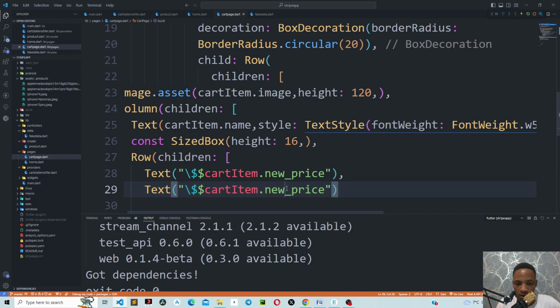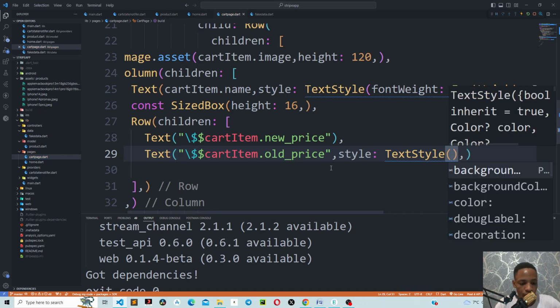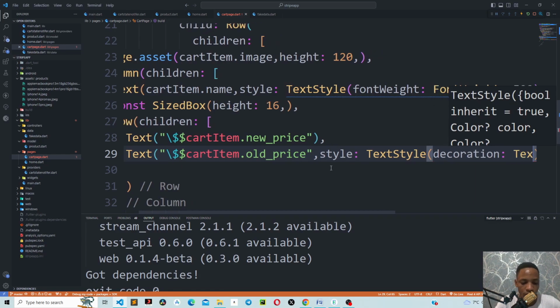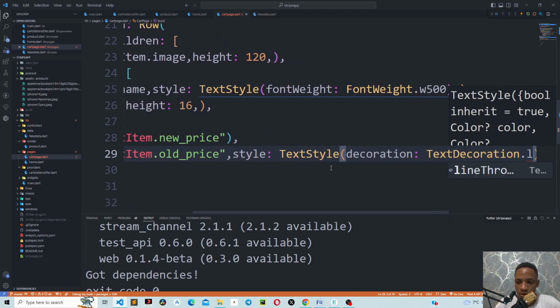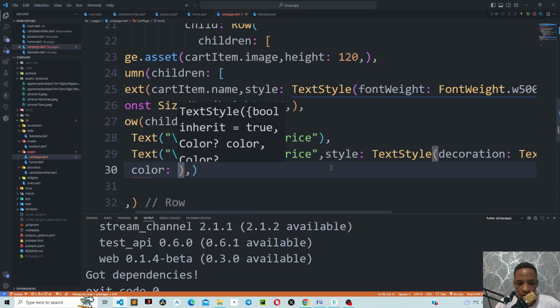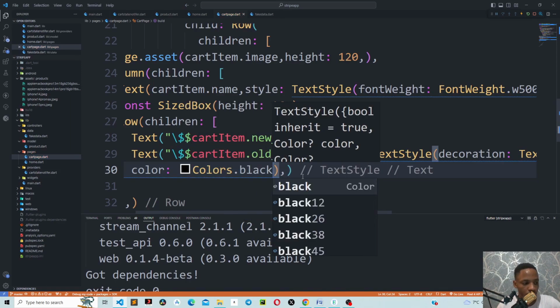Cut item dot old price. It's going to be old price. Style, which is going to be a text style. Decoration, text decoration dot line through, then colors dot black. Okay,